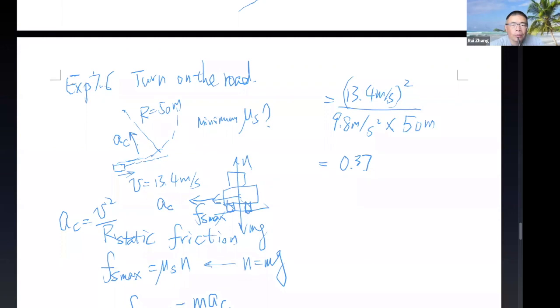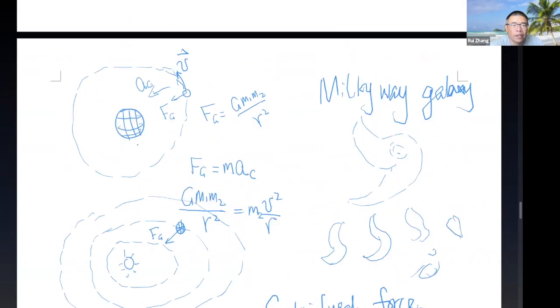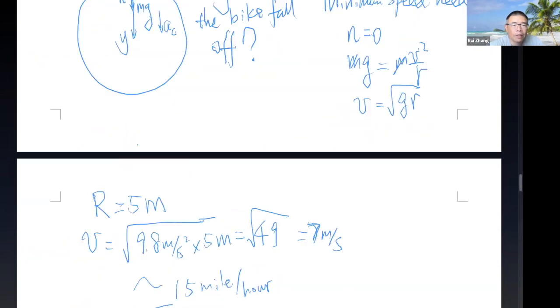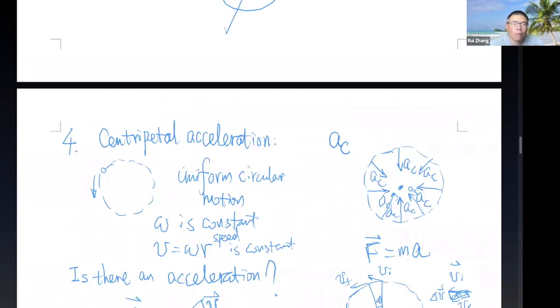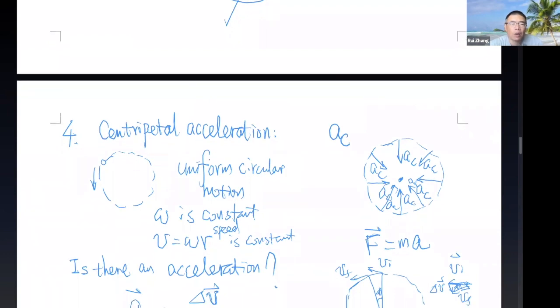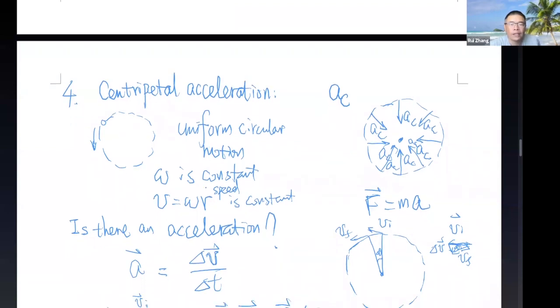We're good? Okay. So let's see, what else do I want to say? Okay, so this pretty much finishes the bulk of the physics of centripetal acceleration. As I said, this part is the more important part in this chapter, because the kinematics part we already saw before in chapter 2. It's very similar to chapter 2, but this part is new for us. In some sense it's an application of chapter 4, Newton's laws,